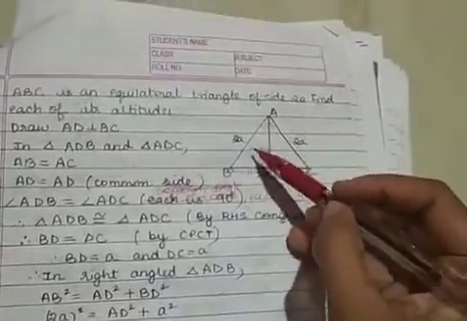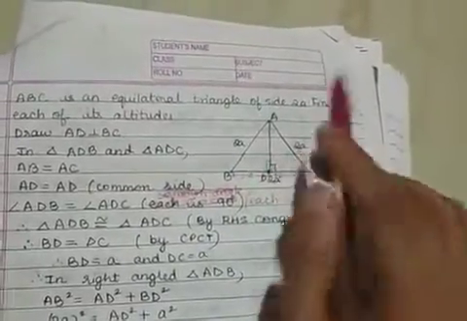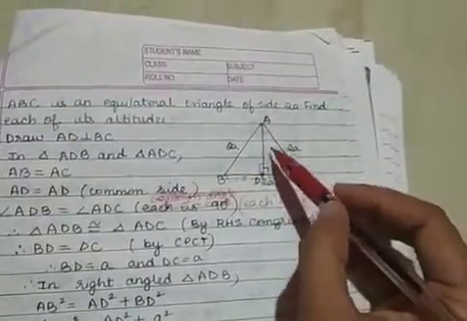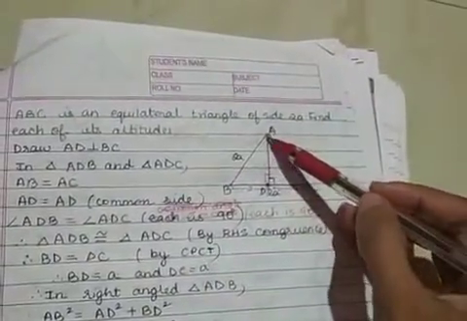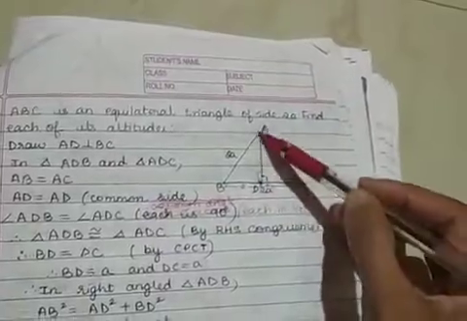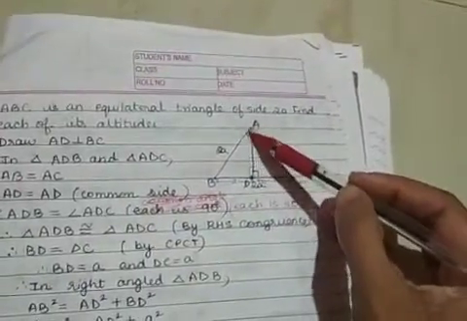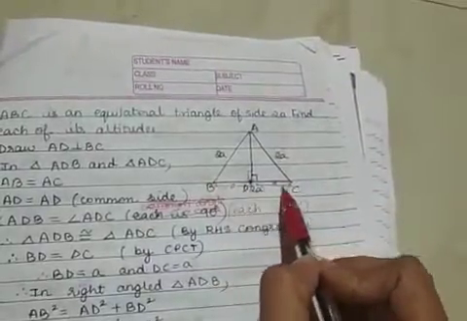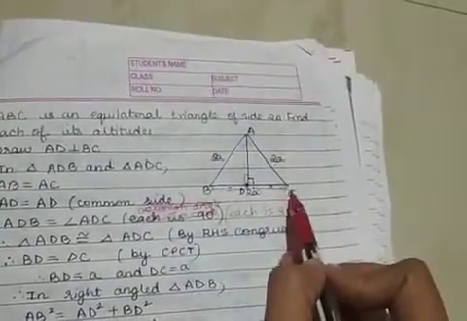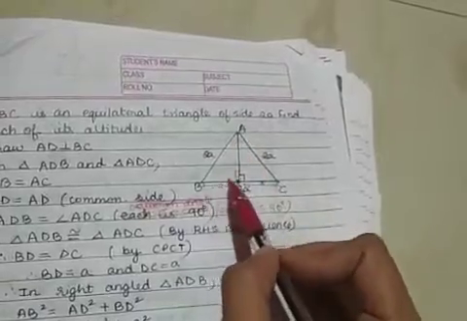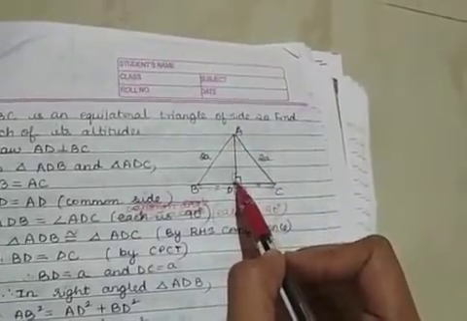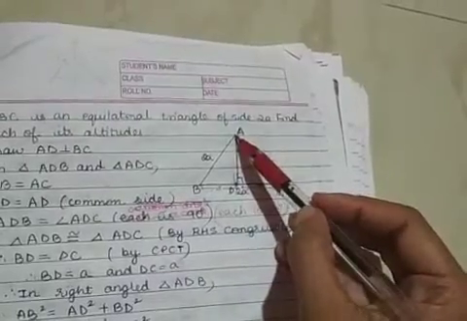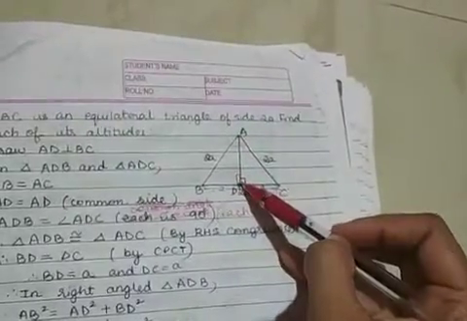So now we know this side. Okay, what was the purpose of proving that these two triangles are congruent? It is to find the length of this, to use Pythagoras theorem. You know the length of this side but you don't know the length of this side. You knew only the length of the entire side BC. So using the congruency of triangles, we found the length of this side. Now we can use Pythagoras theorem and find the length of this side.